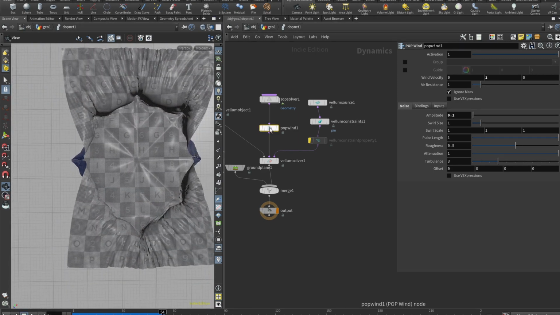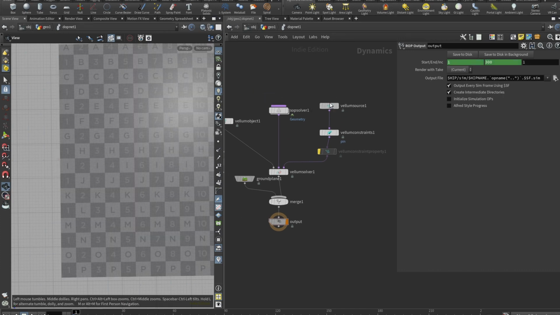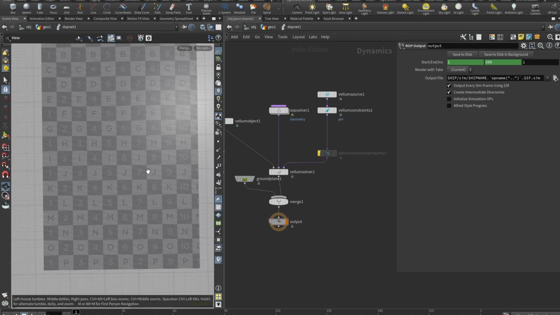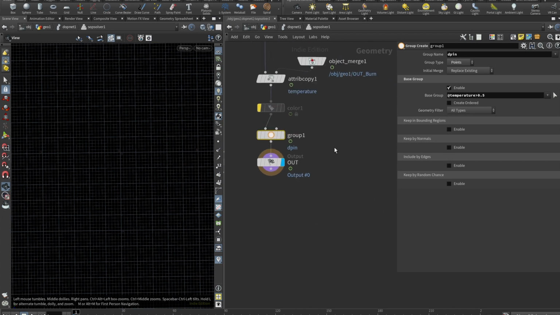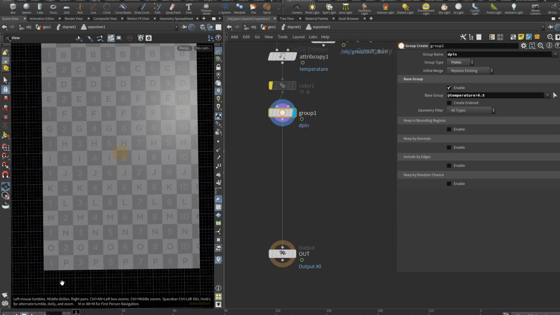All right, but that's not it actually. I want to do a few things here. I want to make the seams shorter than they are right now, so decreasing the rest length scale. And then I want the part in between the seams to grow a bit more and have the upward facing velocity. So it all comes down to manipulating the groups actually. So what we want to do here is grab our dynamic pins